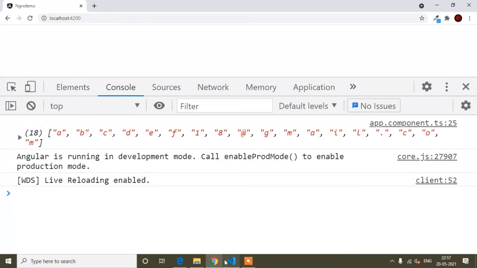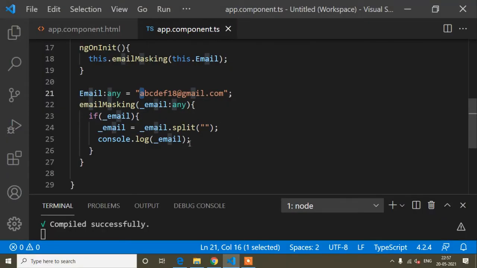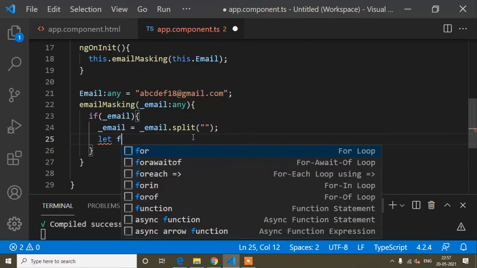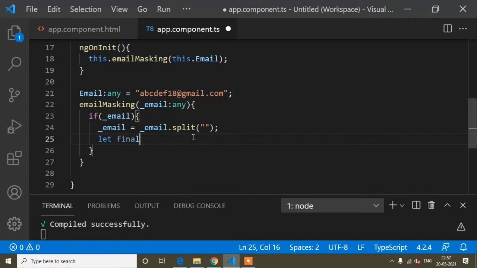And why I have written the split method, you will understand when I write the next line. So now here I will write let finalArray. This is a variable, and this is an array variable.